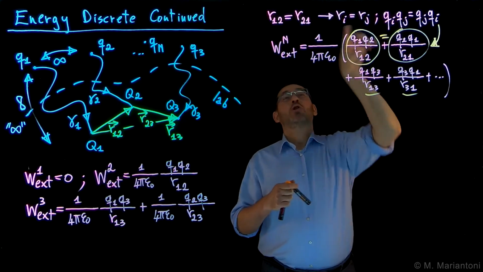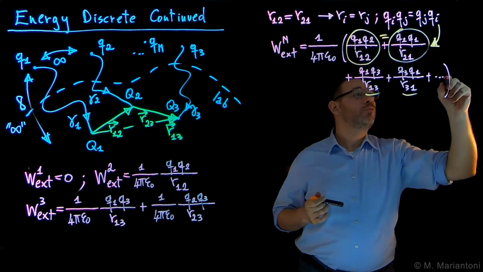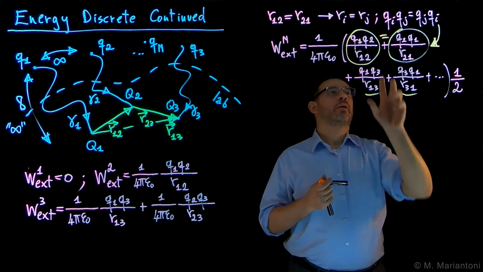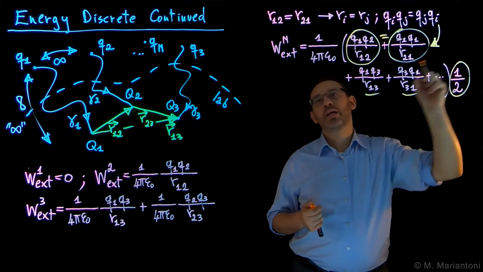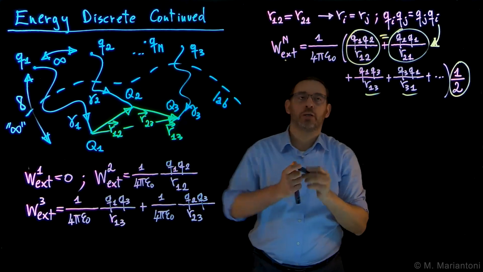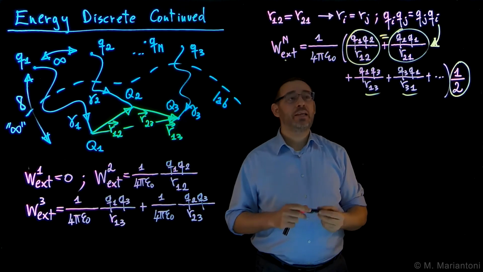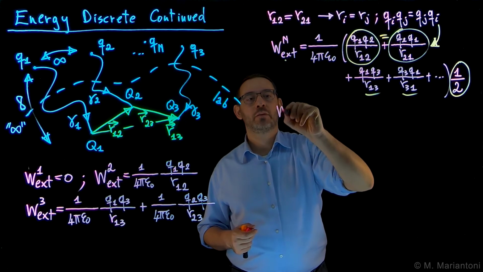Obviously, this is 2 times the work. That is, in order to find the correct result, we need to multiply times 1/2. Okay? That's the artifact. We double it, but then we need to half it in order to get the actual work and not 2 times the work. By means of this simple artifact, we can finally express this work. And I remind you that this work is nothing but